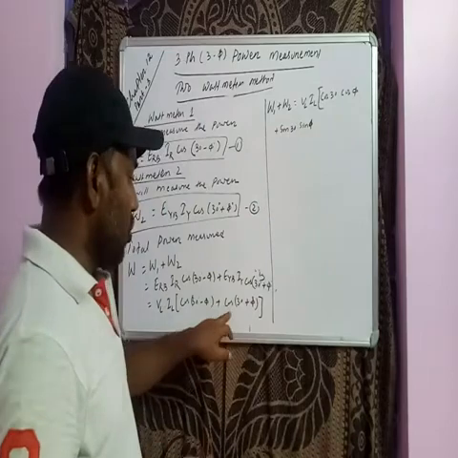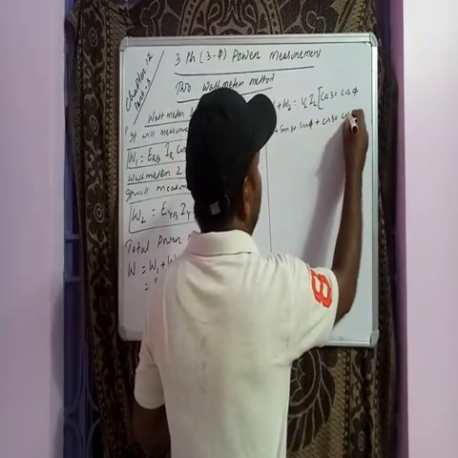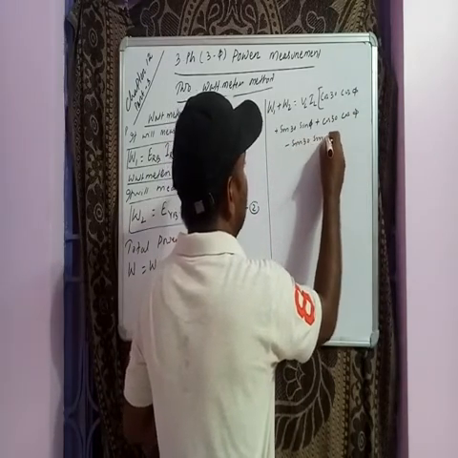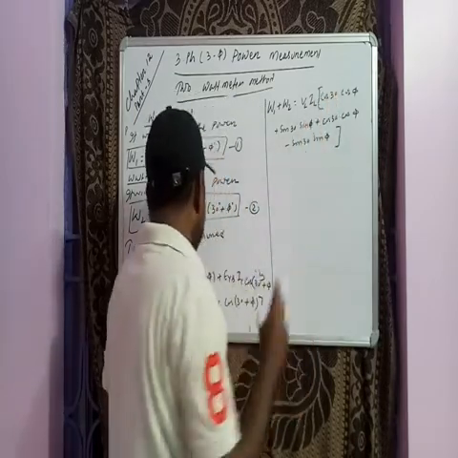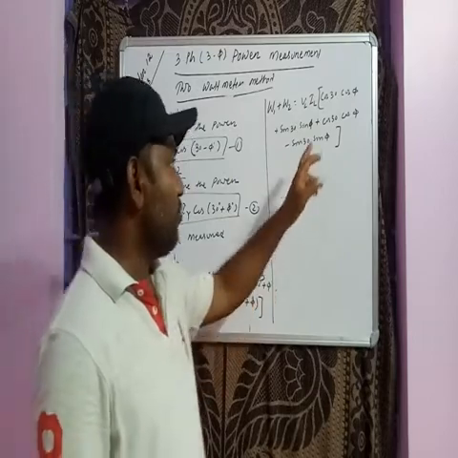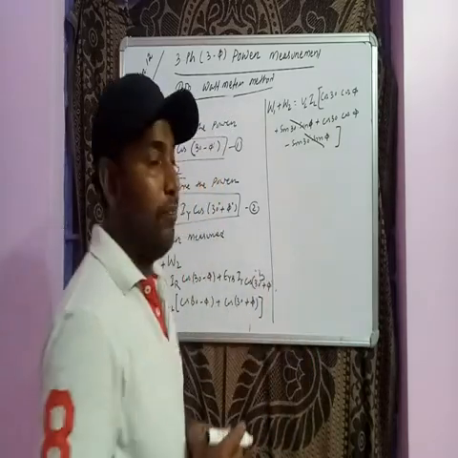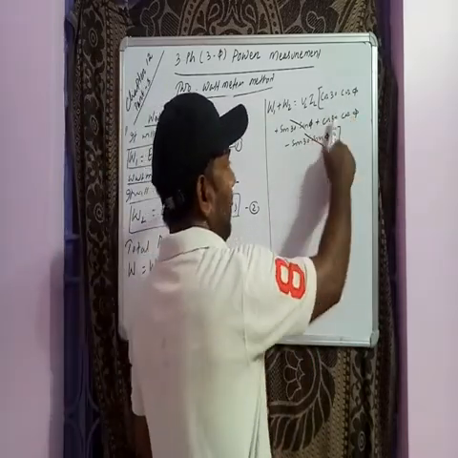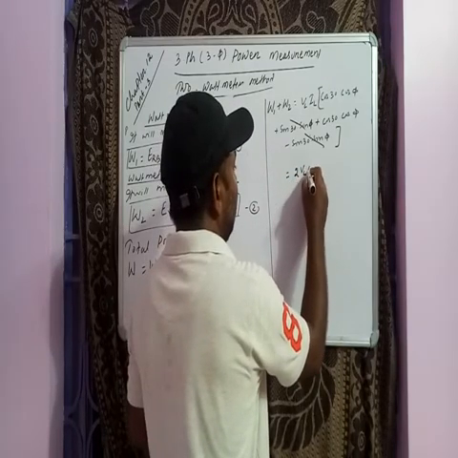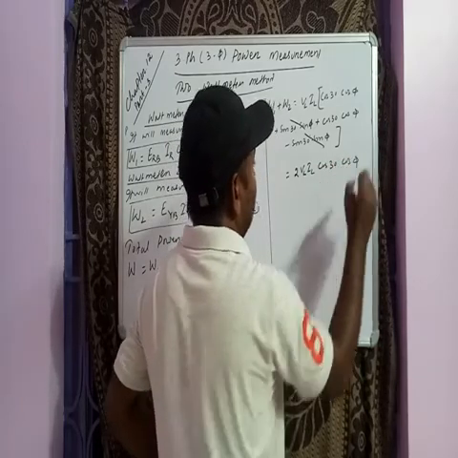Similarly, plus cos A plus B. This is cos A into cos B minus sin A into sin B. So cos A minus B is cos A into cos B plus sin A into sin B. Cos A plus B is equal to cos A into cos B minus sin A into sin B. So this one we can cancel. Then it is cos 30 into cos phi, cos 30 into cos phi. So this becomes 2 VL IL cos 30 degree into cos phi.